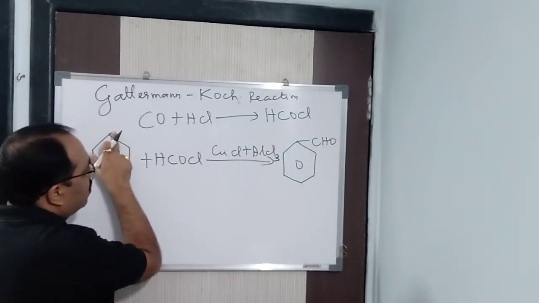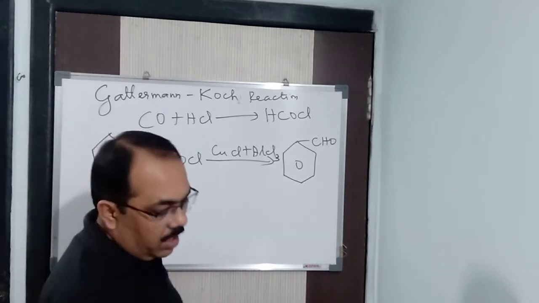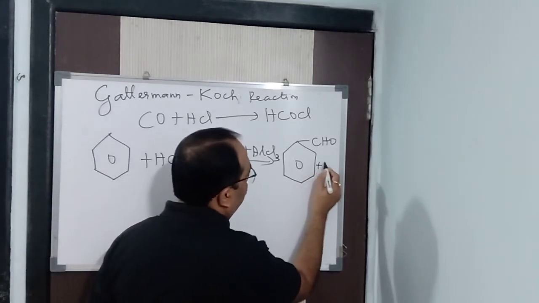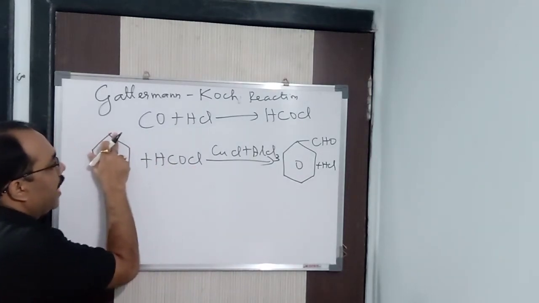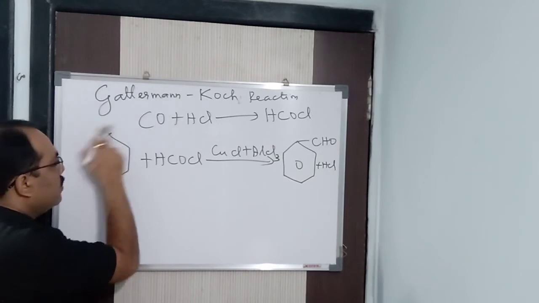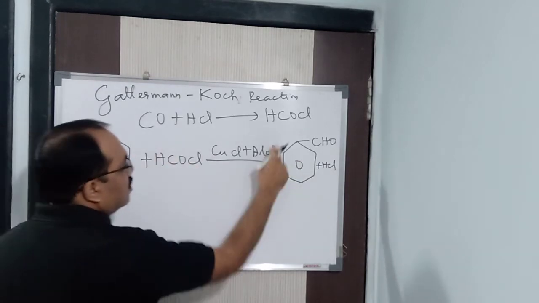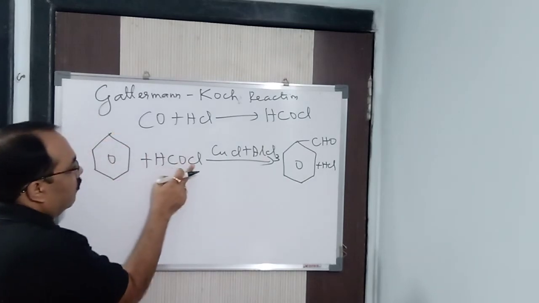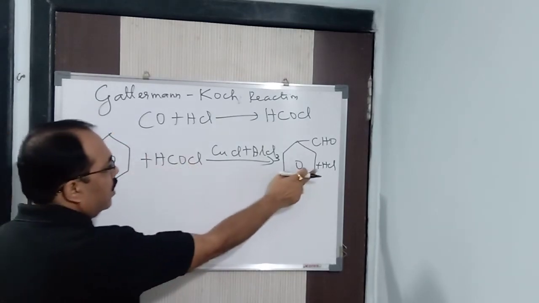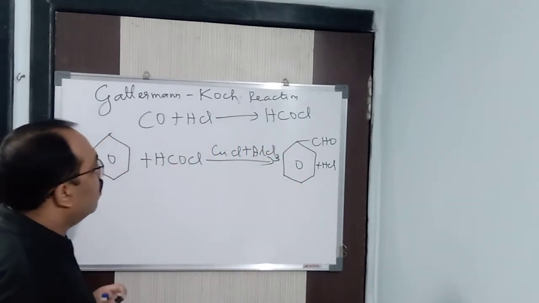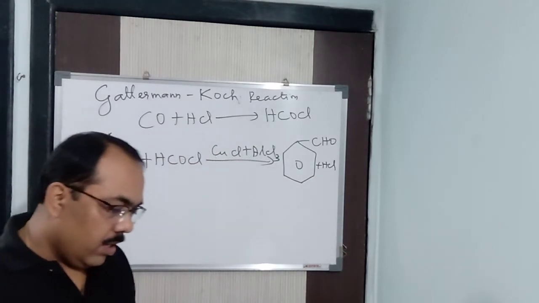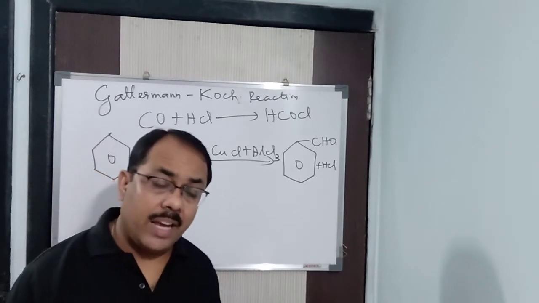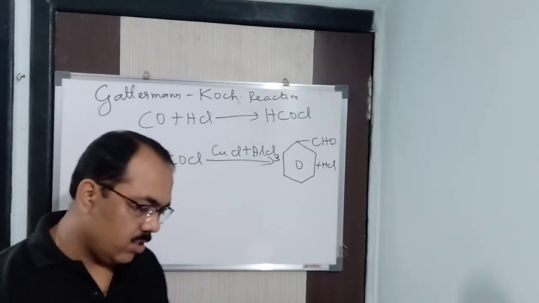And here one H is removed and this reacts with Cl to form HCl. See here, one Cl, and definitely here you are adding the CHO, so one H has to be removed from here. So a phenyl group will be formed because this is benzene, but this is C6H5CHO. So one H is removed, reacts with this Cl to form HCl, and you got benzaldehyde. This is called the Gattermann-Koch reaction, or the Gattermann-Koch aldehyde synthesis. Clear? Fine.